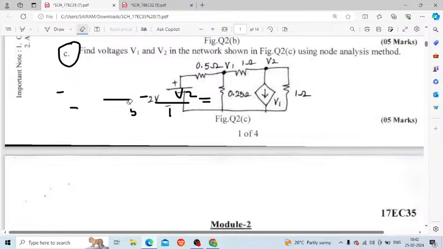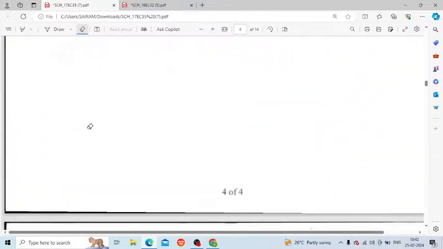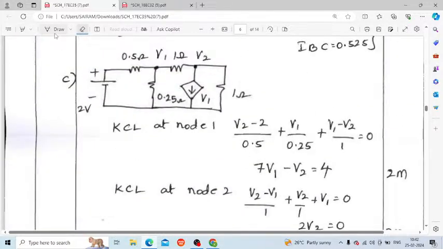Okay, yes. So this is for the node V1. Students, I had already told you all this. So now let's look at it. See here, this is V1 students, not V2. Here students are mistakenly writing V2, this is V1. Because V2 is present over here, and this V2 and this 2 volt don't have any connection. Only there is a connection between V1 and 2. That is why this is V1